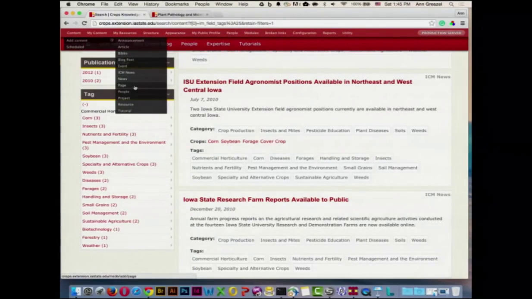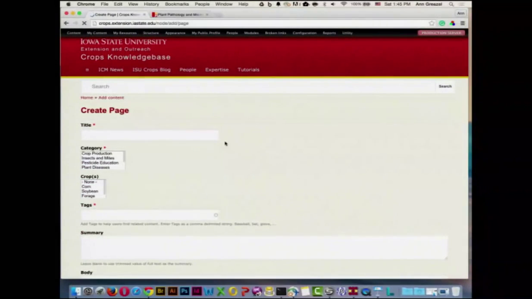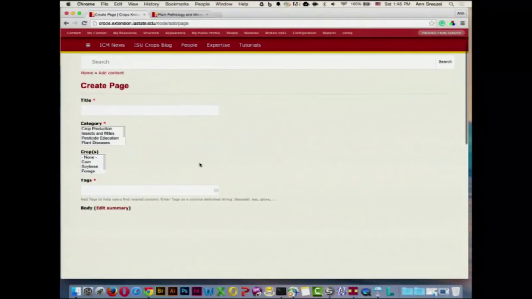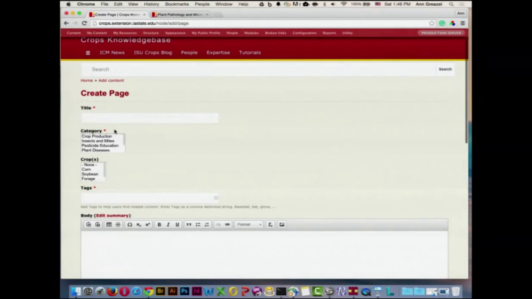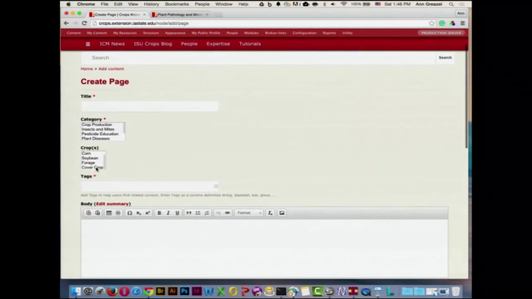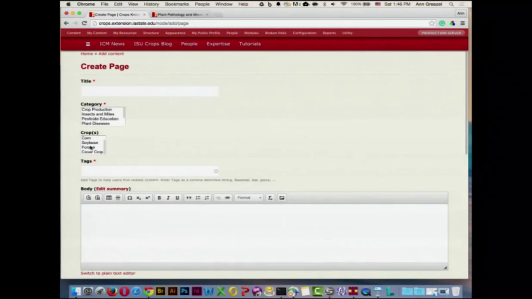So if you're going to add a page to this crop site, what you're going to see is a title, and then you're going to see a category. This is a closed vocabulary, and it's required. And this is a closed vocabulary, crops, that's not required but is encouraged. So you can select one of those as well.